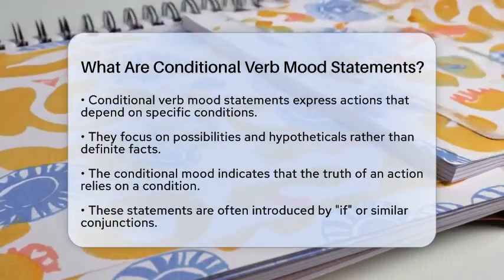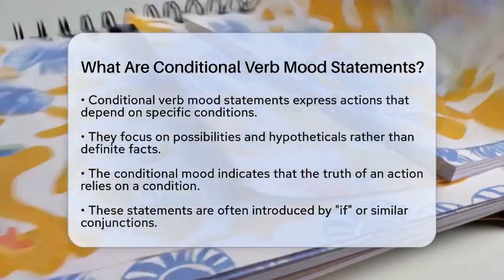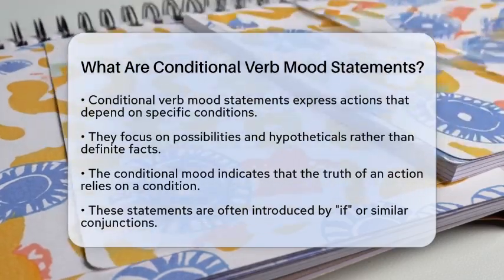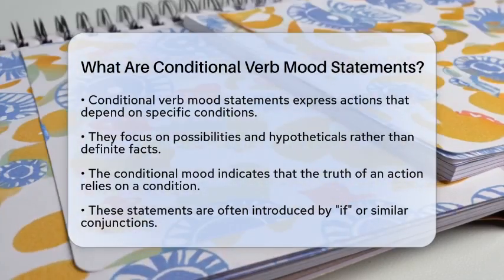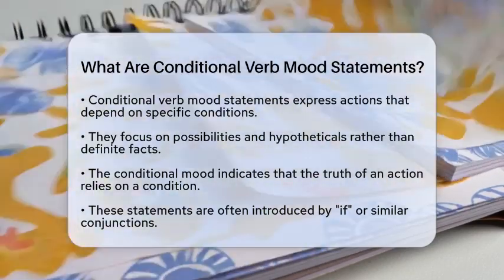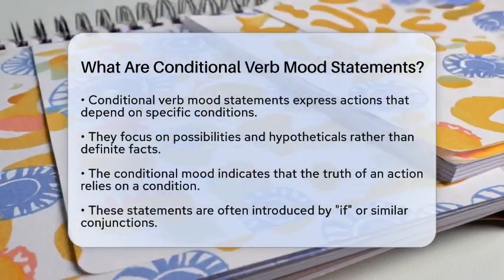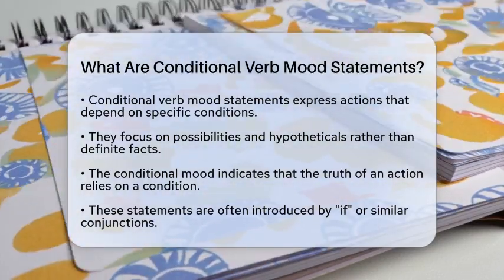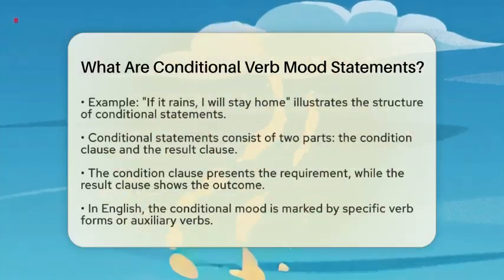In grammar, the conditional mood indicates that the truth of the action relies on a condition. You often see these statements introduced by the word if or similar conjunctions. For example, consider the sentence, "If it rains, I will stay home." Here, the first part sets the condition, while the second part tells us what will happen if that condition is